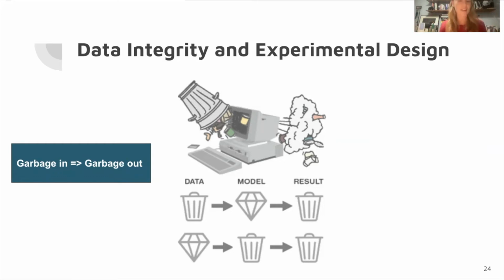If your data is trash, like it's contaminated, or it was left out too long, or just something's wrong with your data, even if your experiment was beautiful, the result is still trash. If your data was perfect, there's no contamination or anything, but your model didn't make any sense, the result is still trash. So just always make sure that your model makes sense and your data is good, so that your results